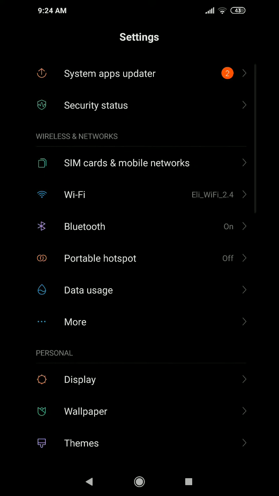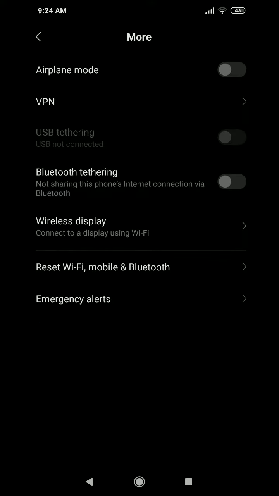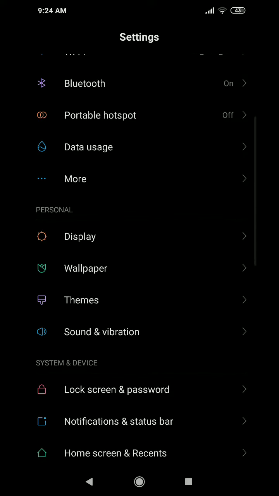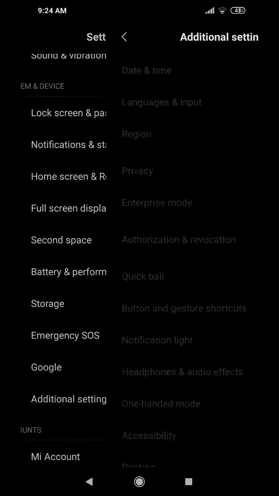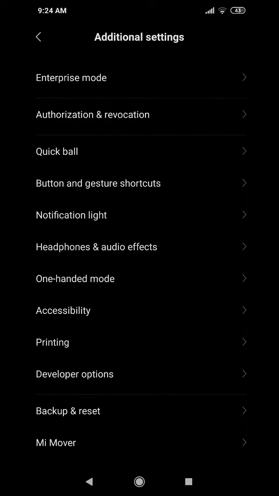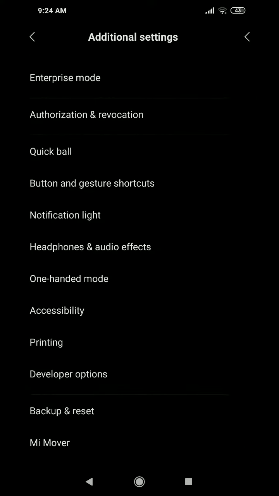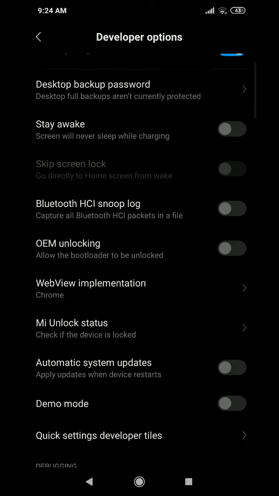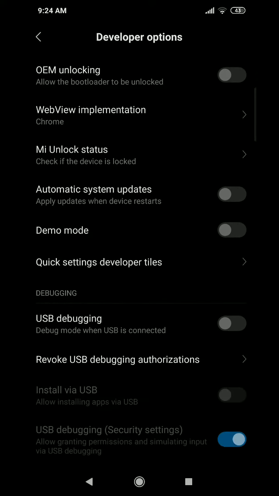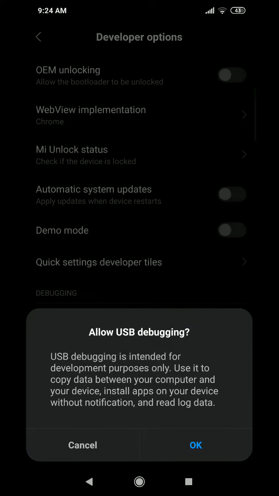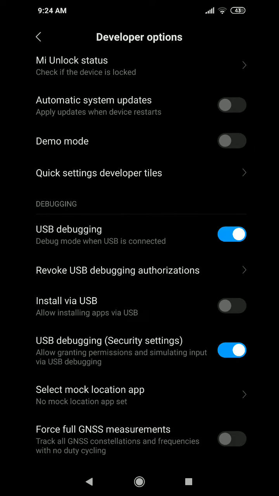Now let's go to the More, and not here, in the System and Device Additional Settings, and you can see here the developer options, and we will set the USB debugging to on, and you also need to set the USB debugging security settings to on,